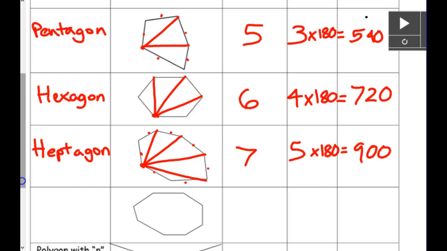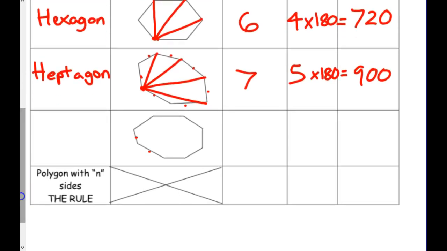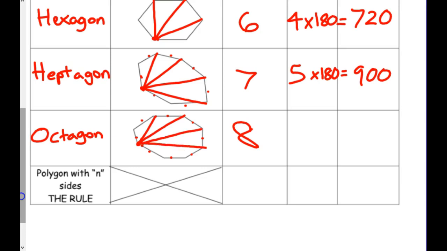900. All right. Next one. So again, 1, 2, 3, 4, 5, 6, 7, 8 sided is an octagon. Okay. Step into the octagon. Now, pick a vertex. Draw all of your diagonals, including this one down here. 5 diagonals gives me 6 triangles. And again, 6 times 180 is